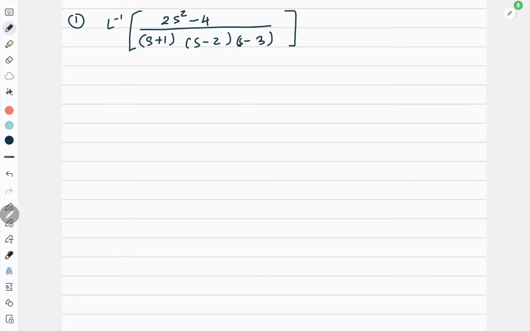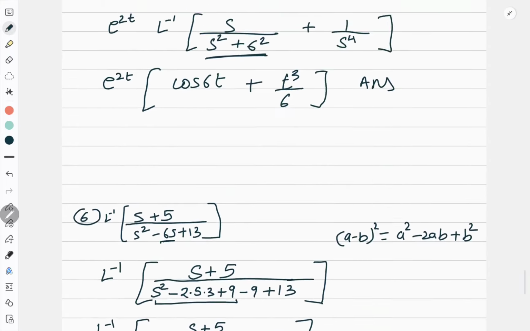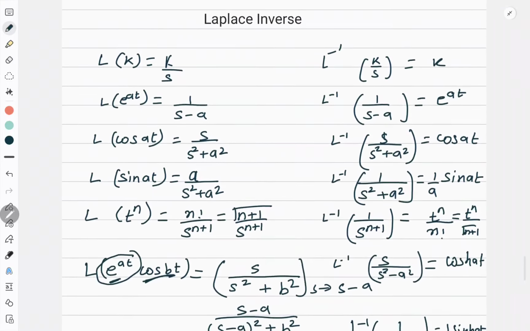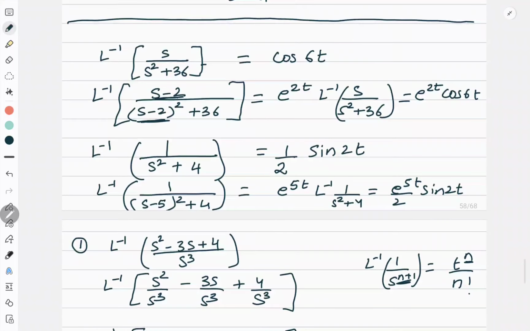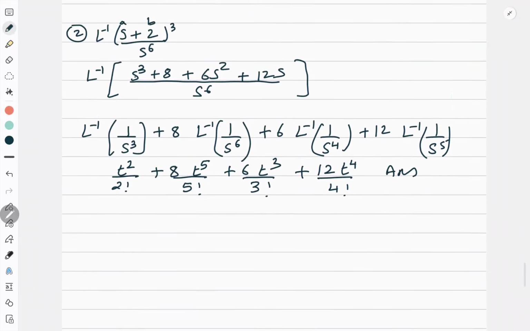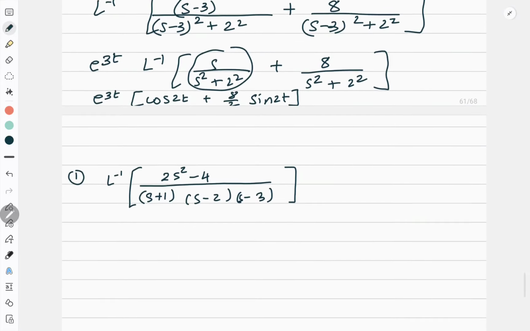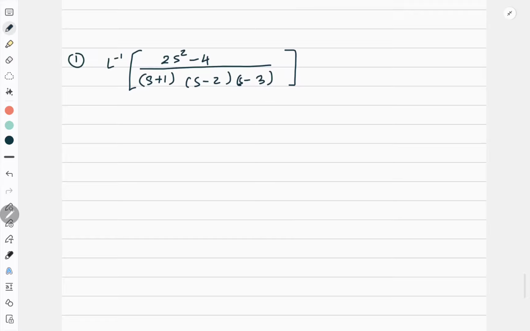Students, now we have learned how to find the Laplace inverse of questions by using the basic standard formulas. In my last video, if you remember, I told you all the formulas for Laplace inverse, and then we applied those formulas to various questions. Then we got stuck at this question where I have linear factors in the denominator. So I told you I will be doing this by using partial fractions.